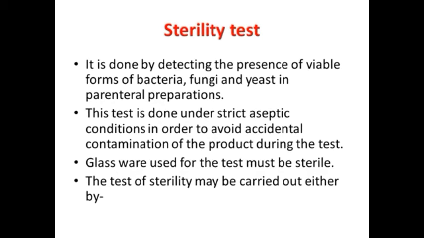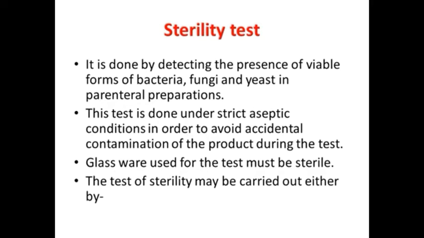Next we see some substances used in parenteral products, and the first one is buffers. Buffers stabilize the solution against chemical degradation, and examples of buffers are citrates, acetates, phosphates and tartrate buffers, etc. Next are bulking substances or tonicity modifiers. Their examples are glycerin, mannitol, lactose, dextrose, sodium chloride, sodium sulfate and sorbitol.